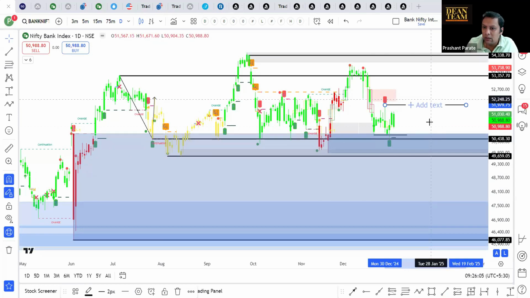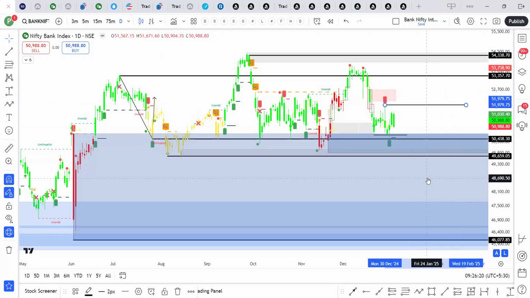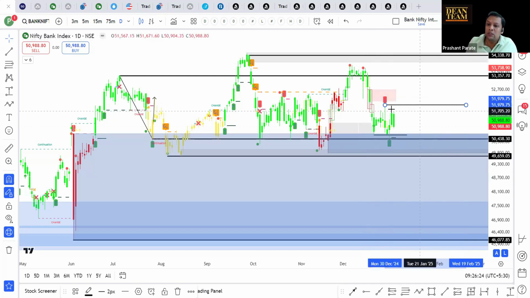52,000 and it shows strength, after that I can look for upward movements or trades for upside on the 15-minute chart, 5-minute chart, or 3-minute chart. I can take trending trades. So I can expect intraday prices to continue higher if it closes above this and two upward arrows have